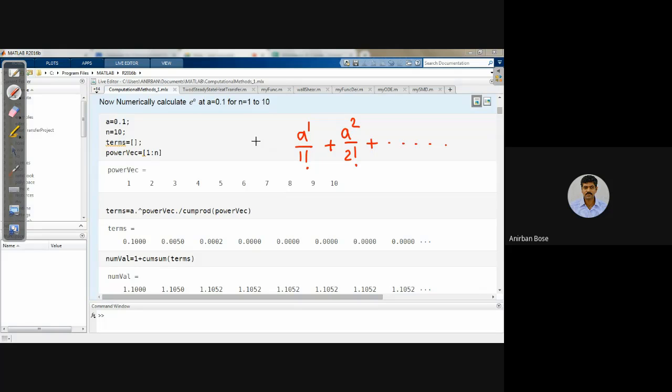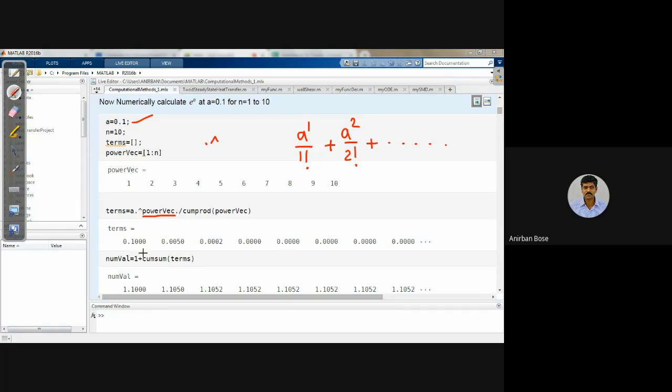We are right now not considering the initial one. Forget about that. So this is as if the first term and all that. Now you observe carefully how you are generating each of these terms without using any for loop. Definitely you can use the for loop, that might be easy, but here with the help of this kind of notations and some inbuilt functions, we have tried to generate this. Observe carefully. So a, we have already defined a. Then dot power.